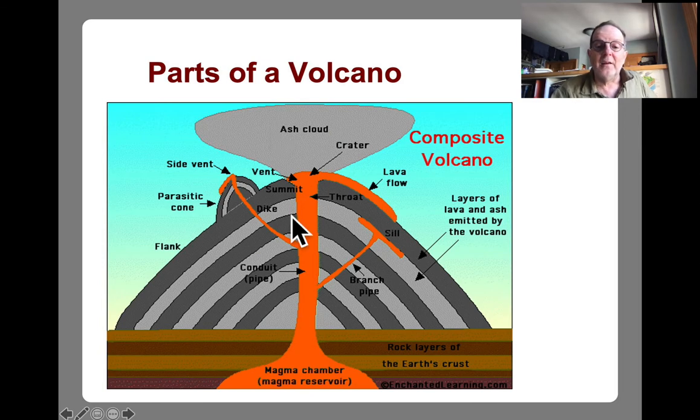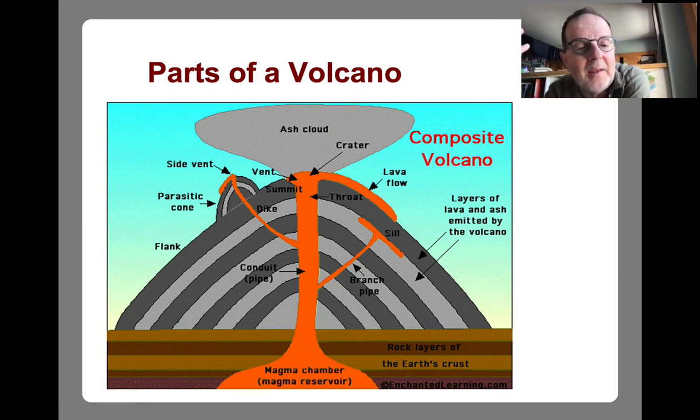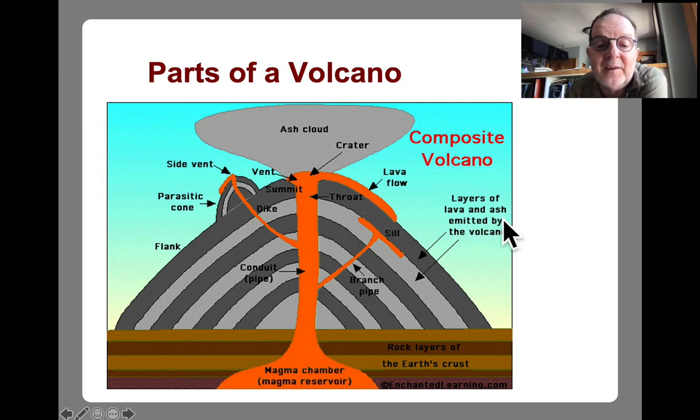volcanic activity. Lava then flows down, and you can see what we have here in a composite volcano are these layers of activity. Each light, dark, or dark, light, dark, light, dark is a period of activity with a unique time stamp, as it were. Not necessarily linear. And then you see a branching pipe with a sill that might explode out of the side,